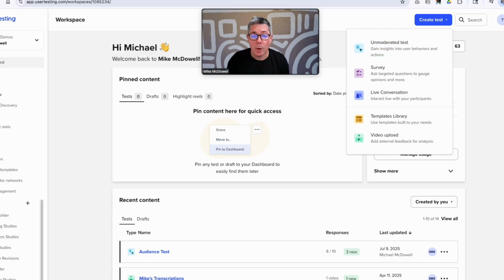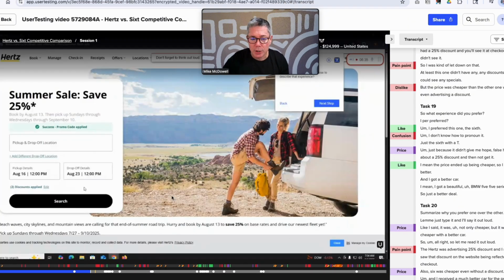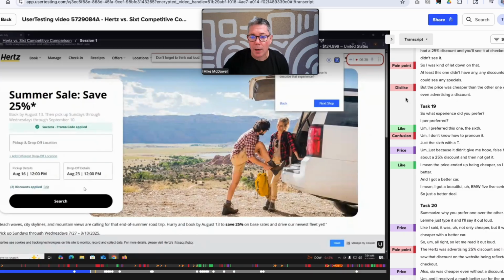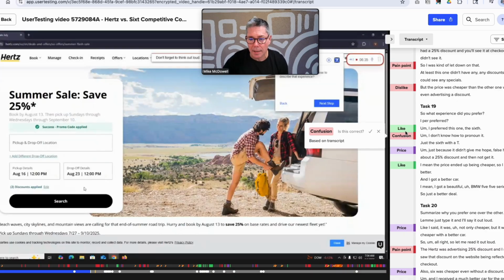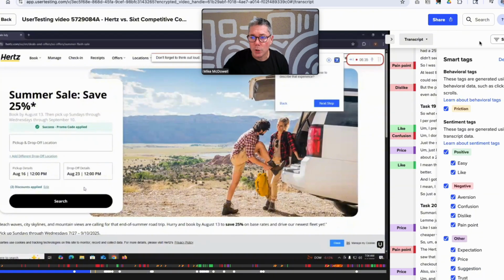What do you get with your Think Out Loud study? You get first your video playback. Very rich sentiment analysis all down alongside your transcript and in your time code, along with your tasks that you set on these white little dots here. Now, look at this. Pain point, dislike, like, confusion, price issue, like, price, pain point, price. So very, very easy to simply filter what you want, what you're looking for, make clips, and share those clips